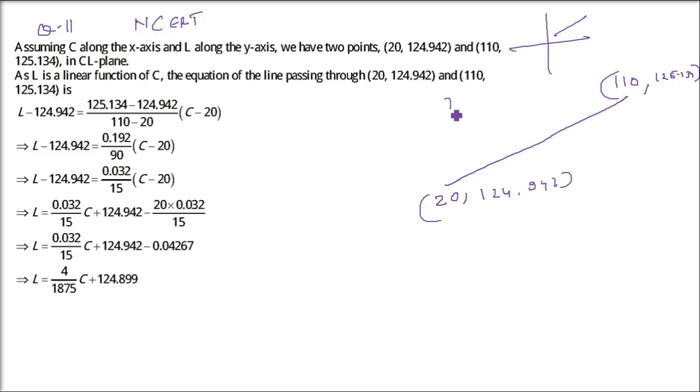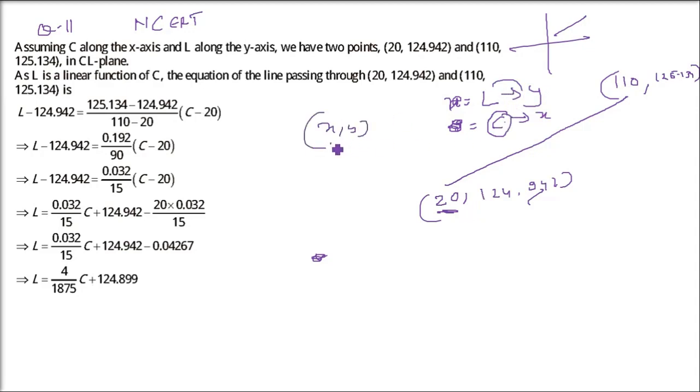Finally you have to find out the equation of the line. So in place of x, you are going to put C. In place of y, you are going to put the length, L, in the equation of line which we have already seen up till now. So C is x and y will be L. This is very important in this question, to decide which will be x and which will be y.